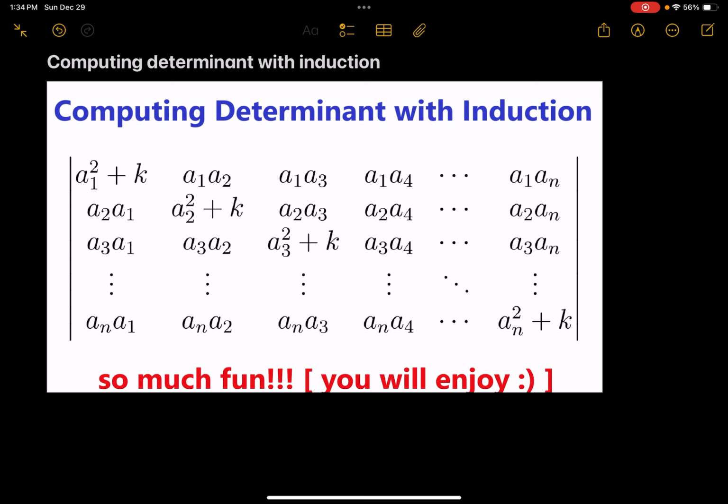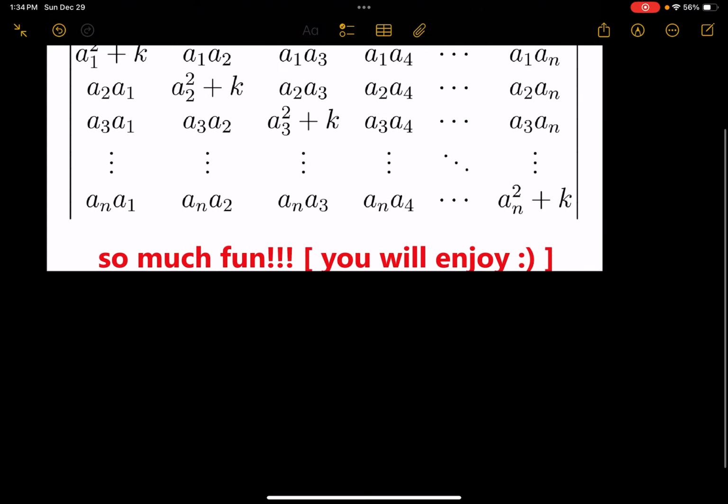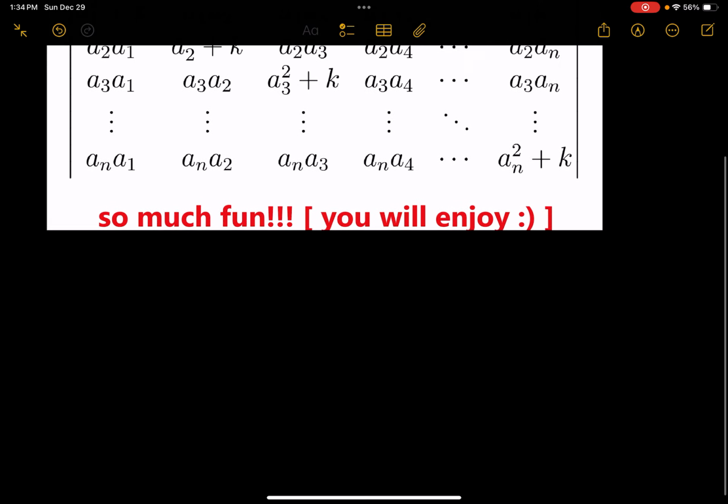in use, where we will basically try to prove it for n equals 1, n equals 2, and then generalize that, right? So it will definitely be fun, and I hope you will enjoy the solution. So let's proceed. We want to find